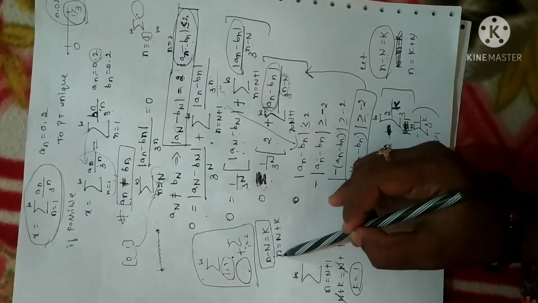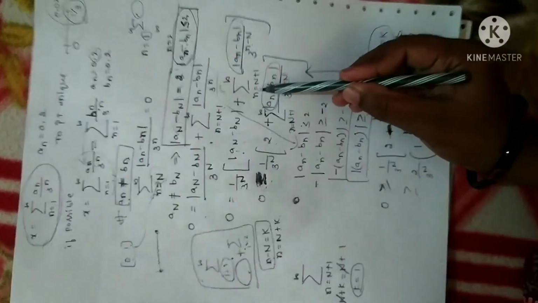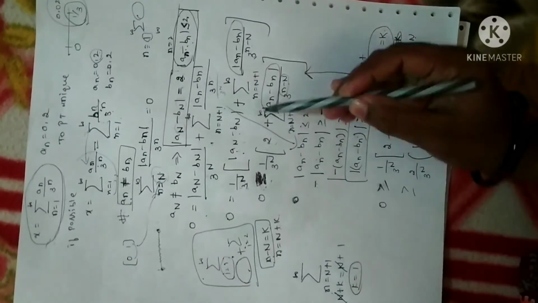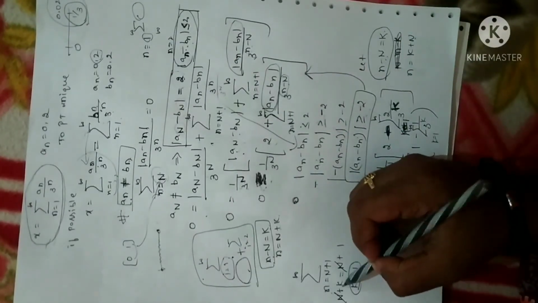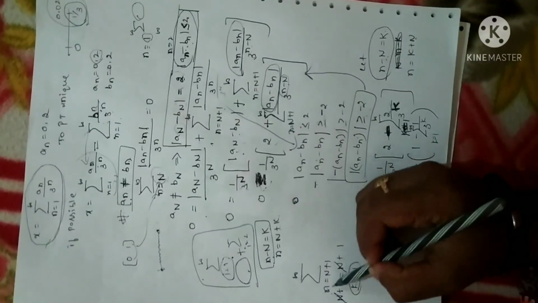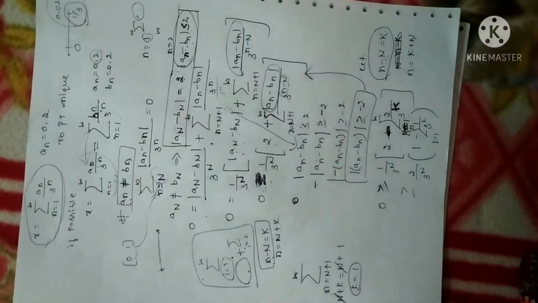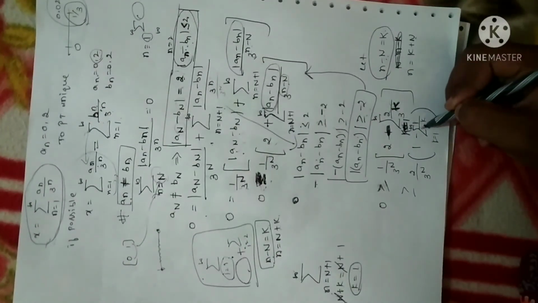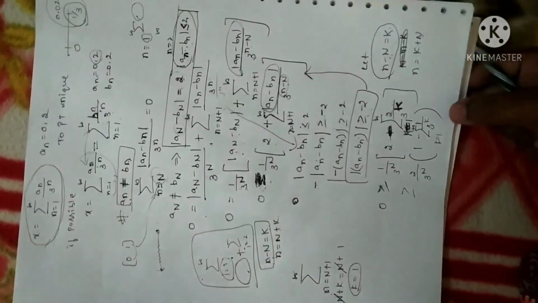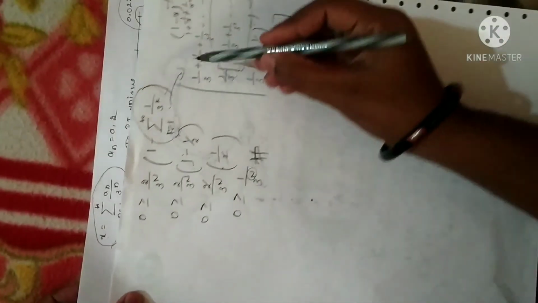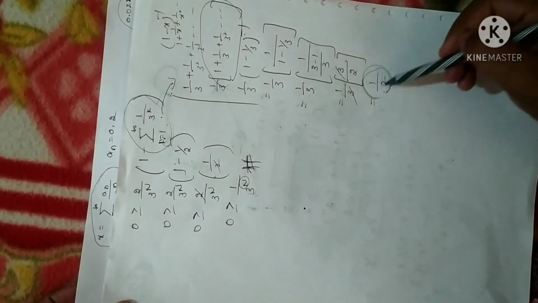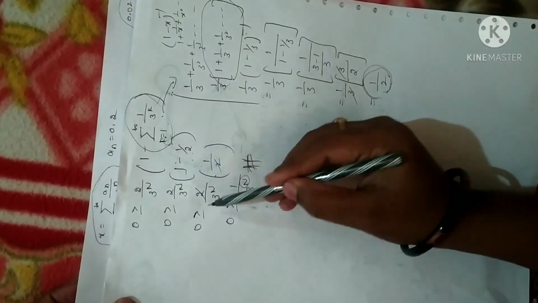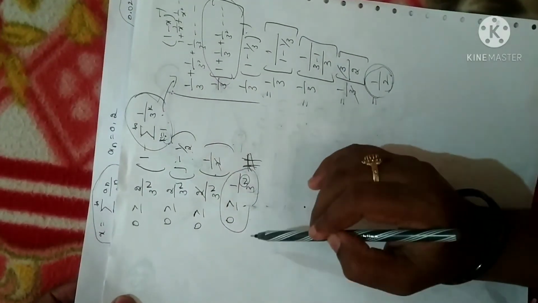So if you do that, small n will be capital N plus k. So I have to change the summation value simultaneously. The n value is N plus k. So when you substitute, it will get cancelled. So the summation changes to k equal to 1 to infinity. Fine. So I have obtained the sum from k equal to 1 to infinity of 1 by 3 power of k. Now I have a standard expression for that term, 1 by 3 power of k. After expanding, you will get the value as 1 by 2. I have substituted. So after simplification, I have obtained this expression.